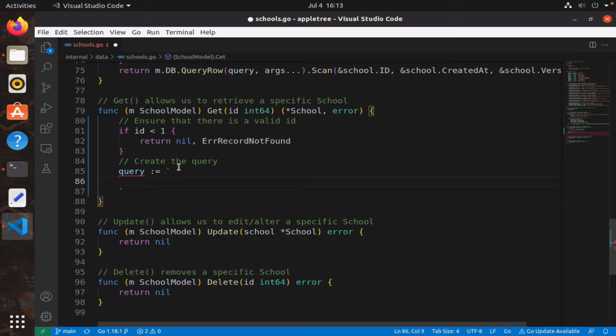So we will select, and notice I will list out all the fields instead of putting a star. I could have said select star, but we need to be explicit. So I want back the ID, created at, name, level,